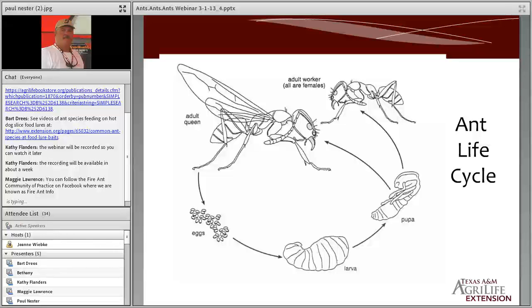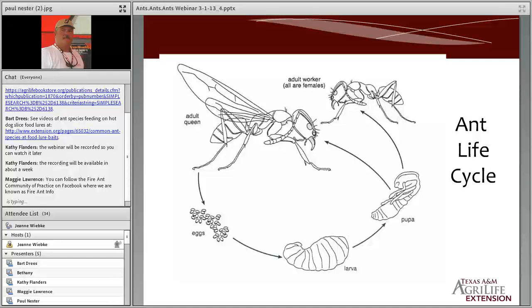Now let's look at the life cycle. We've gone through some of the things for IDing the ants, which is very important, but then we also need to understand the ant life cycle to know when or where we need to focus our control strategies. Ants have complete metamorphosis, which means the queen lays an egg, the egg hatches into a larval stage, which has several instars, which then goes into the pupa, which is the pre-adult stage, which then hatches either as a winged alate or as a worker, depending on which brood you have,